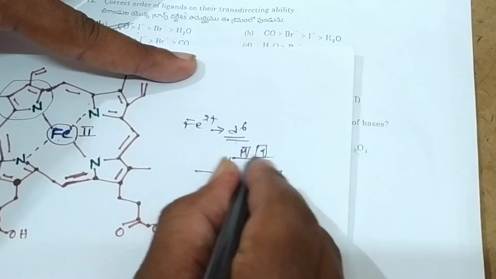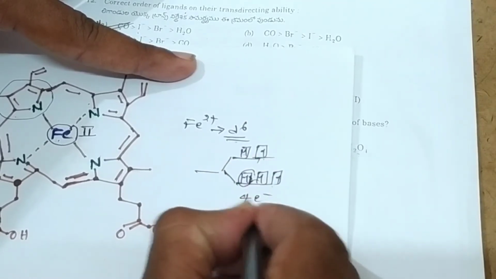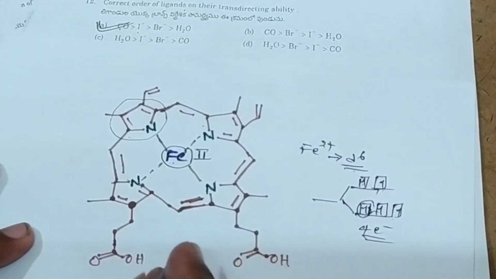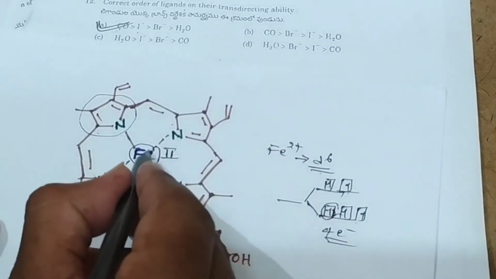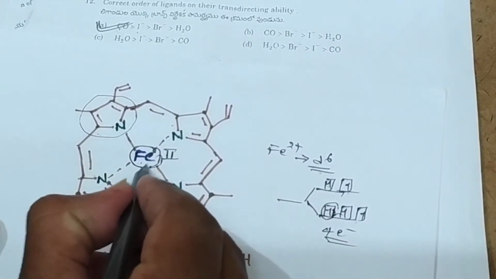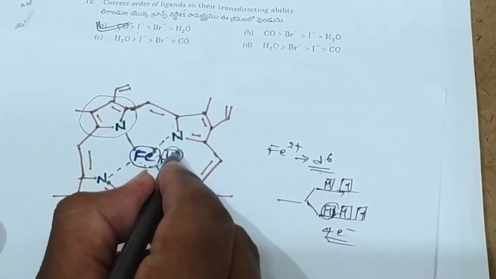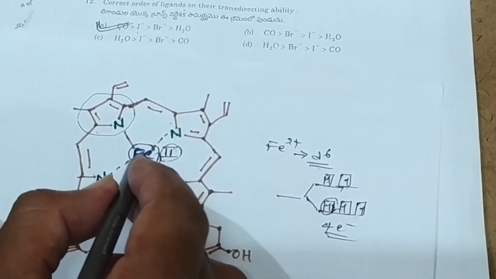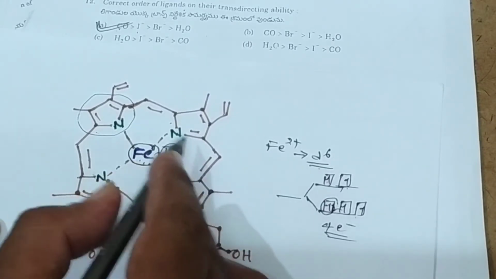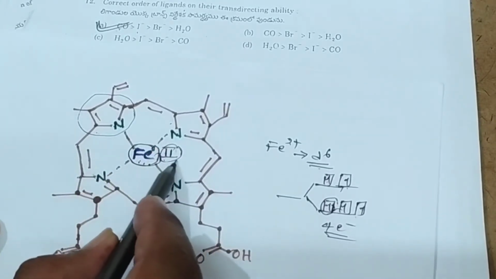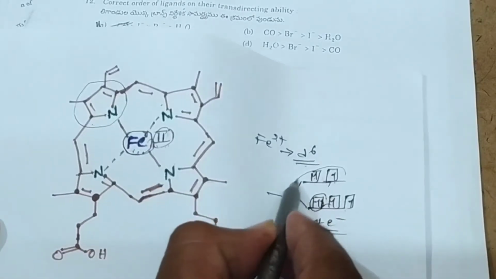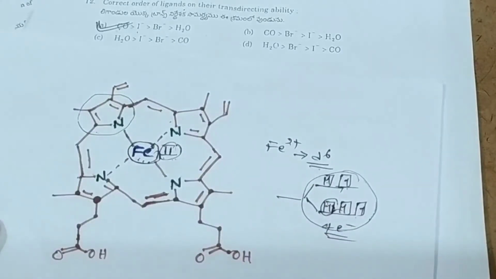So this is a pair, and 4 unpaired electrons are present in there. In the myoglobin structure, what happened there friends, ferrous means iron exists in +2 oxidation state, and these 4 ligands act as weak field ligands. So in this Fe2+ exists in +2 oxidation state, and these are the high spin complexes.